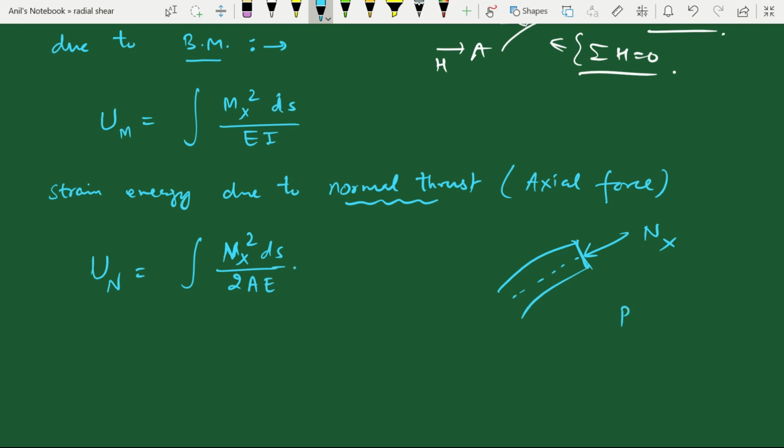So we know P squared L upon 2AE is the formula for strain energy when P is a force